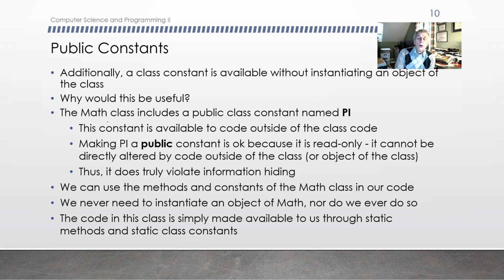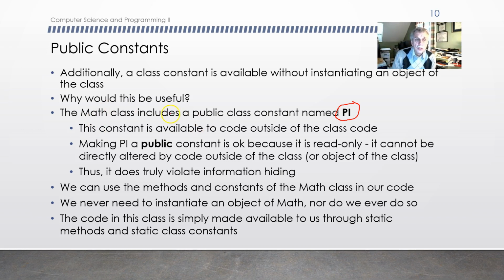So people and code that lives outside the Math class, we want to be able to share some of the inner workings, not just functionally by giving access to methods, but how about good old pi? Pi is something that we use quite a bit, and pi is defined as a named constant or constant identifier within the Math class. And in order to make it available to those static member methods, but also make it available to us if we need to know what pi is and use pi without defining it ourselves, then what